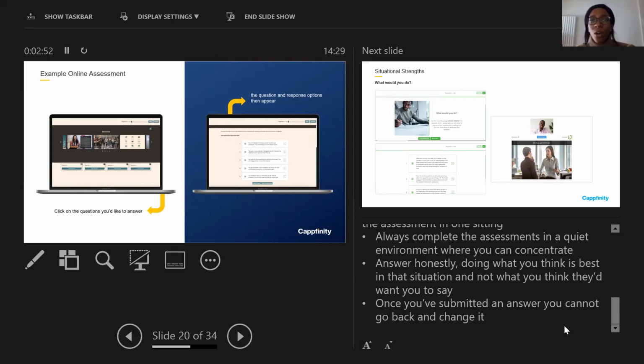And always answer honestly. Don't think that you're trying to give an answer, or trying to rank the answers based on what you think would be best for the role, but just do what you would do most naturally to you in the role, so that you do get the best fit, if you are successful for the role. And do be mindful that once you've submitted an answer on the online questions and you've ranked your data or whatever it is you're doing, you won't be able to go back and change it. So once you've submitted an answer, that is it.